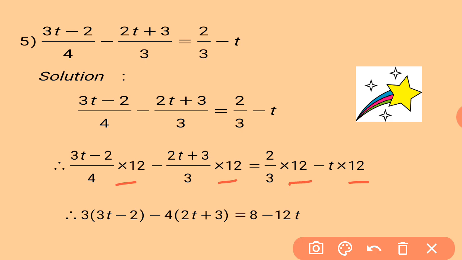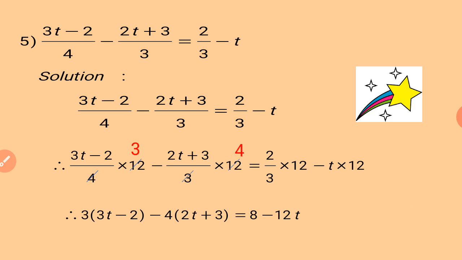What we have done after this is we have cancelled the terms. See how the cancellation is done. 4 and 12 get cancelled. 4 3s are 12. Then we cancel 3 and 12. It gives you 4. 3 4s are 12. Then we do the same on the right hand side also, because there also you have 3 in the denominator. 3 4s are 12. In the next step, we have just written it in the multiplication form. First term is multiplied by 3, second by 4, and that is how you proceed.